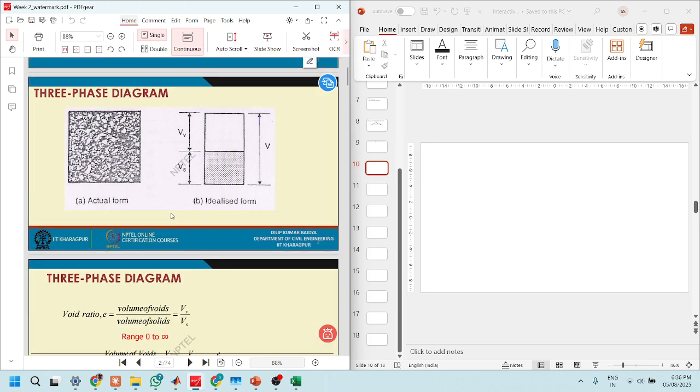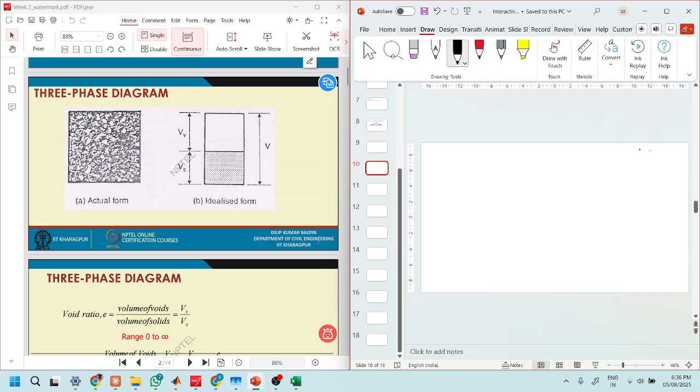The three-phase diagram is a very basic way of thinking, we can say the most elementary way of thinking about how